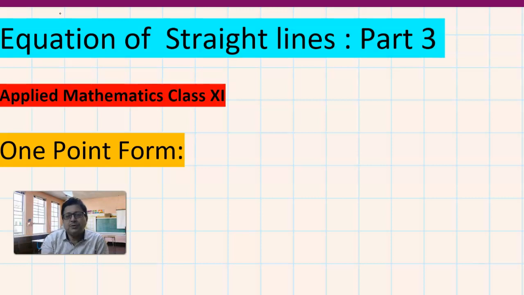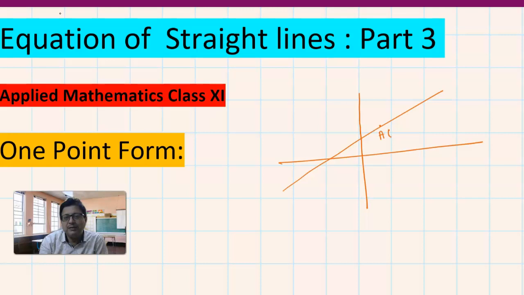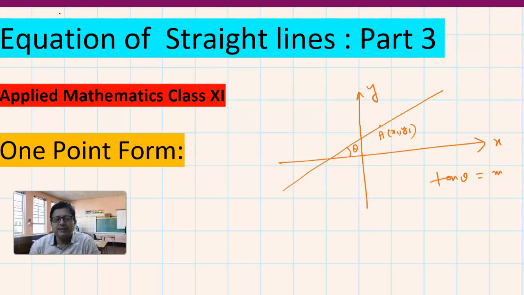So, suppose there is a line which passes through the point, say x1, y1, and its slope is equal to m. Tangent of this angle theta is equal to m. What is the equation of the line? This line equation can be derived easily. If we take an arbitrary point P on it, then